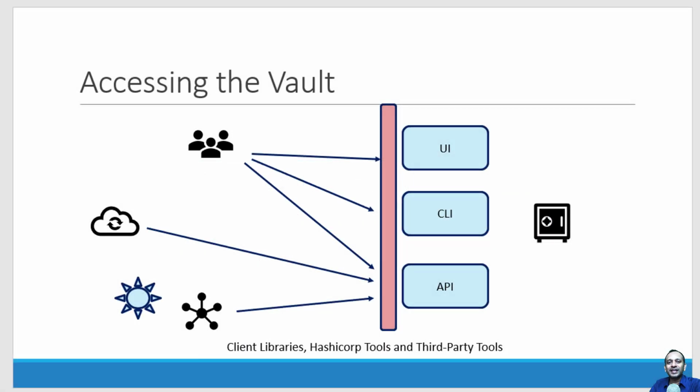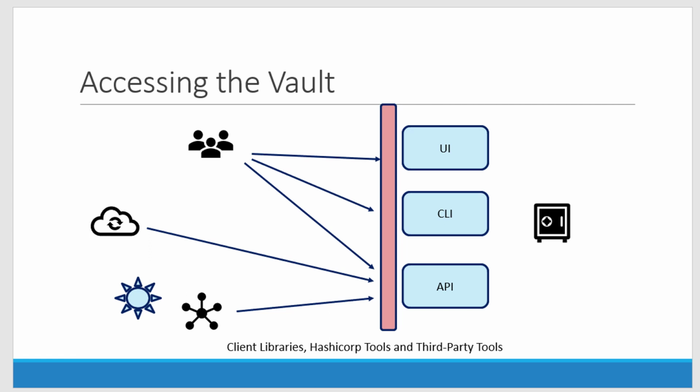Hi, let us understand about authentication, authorization, and role-based access control, that is RBAC. Till now, we were using the vault using the root token, and the root token has all permissions so that we can access all the features and do the demo. But in the production world, we need to provide different types of access to different types of users, and we may end up using different types of authentication.